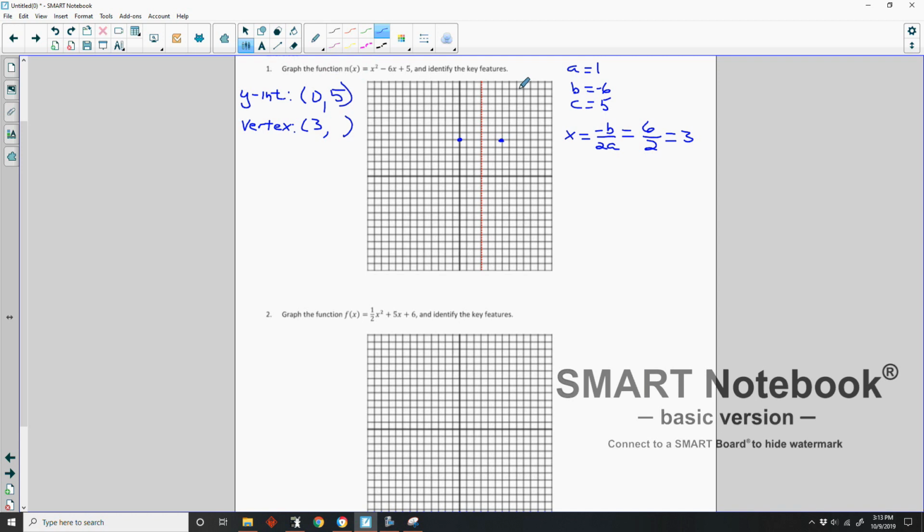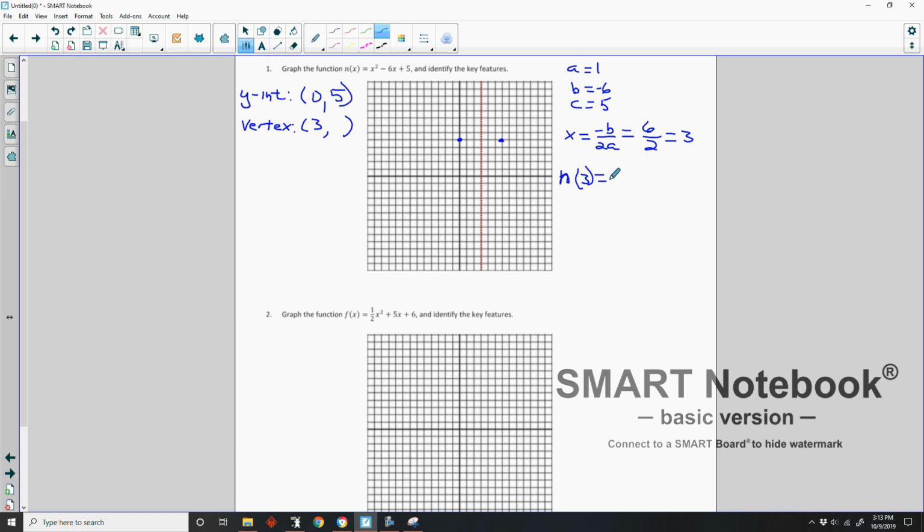And my a is positive 1, so that means it's opening up. So it's going to curve this way. So if I find the vertex and maybe some x-intercepts, then I have plenty of points to graph. So my vertex x value is 3. So now I want n, right? Our function here is n of x. So I want n of 3